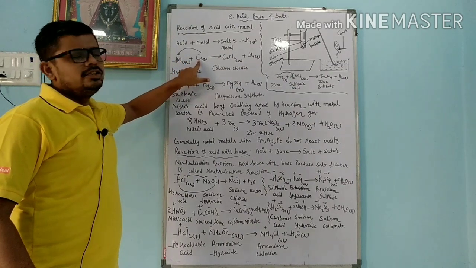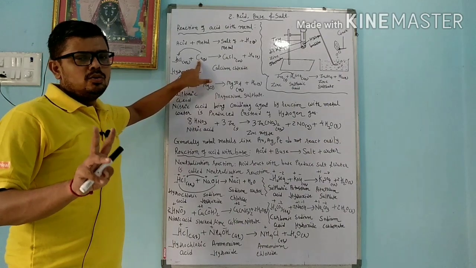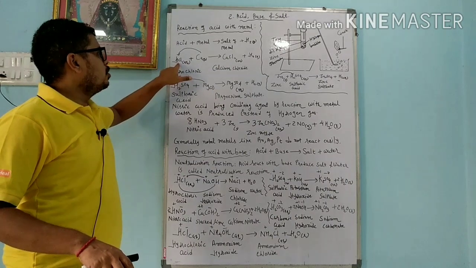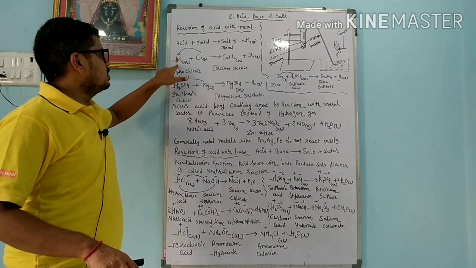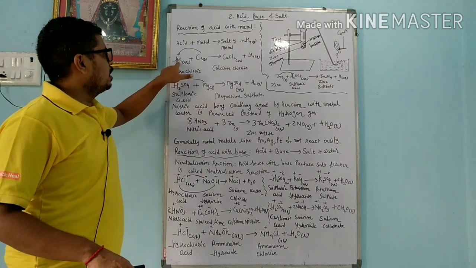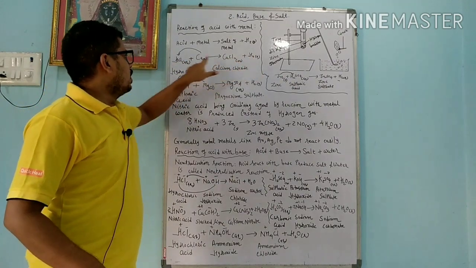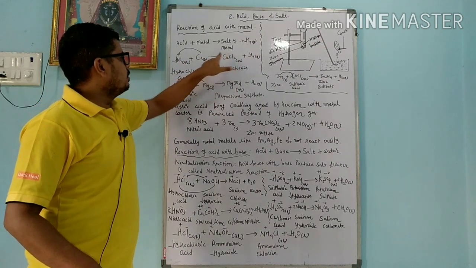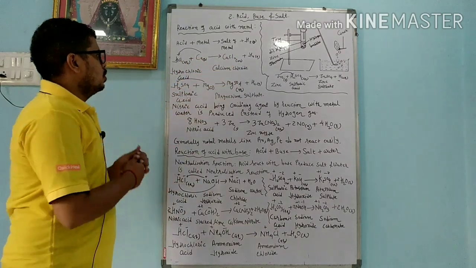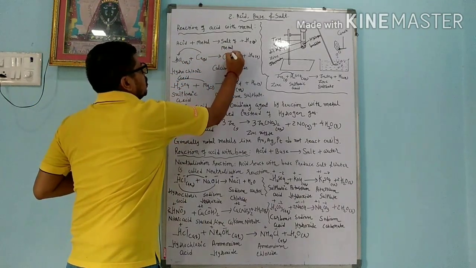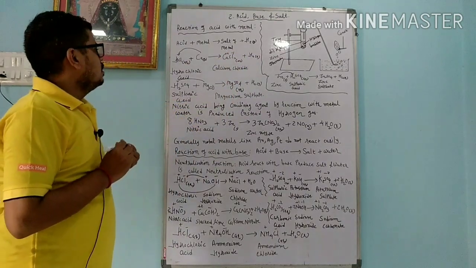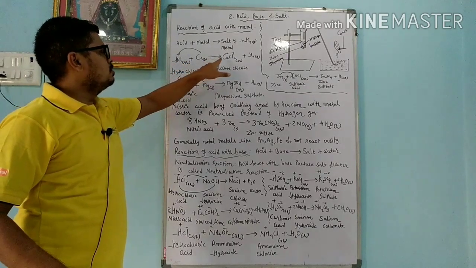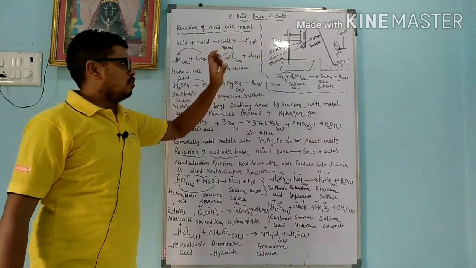Dear student, take care that calcium has 2 valency, meaning calcium donates 2 electrons. Now who has no electron? Hydrochloric acid, in that hydrogen has no electron, chlorine is negatively charged, so hydrogen can gain this electron, and in that way it produces hydrogen gas. Now calcium loses the electron, so calcium becomes +2, and because of that calcium reacts with the chlorine and makes CaCl2. For your knowledge we are writing here; in the exam no need to write this. So 1 mole of hydrochloric acid, HCl, reacts with 1 mole of calcium, producing 1 mole of calcium chloride plus 1 mole of hydrogen gas.